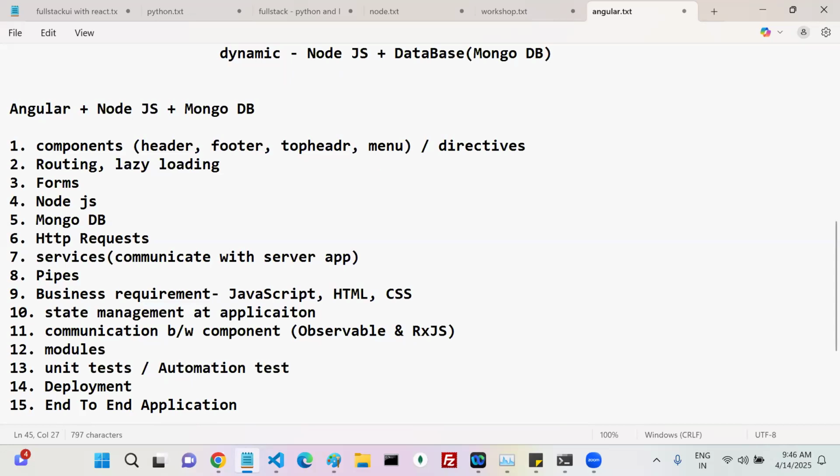That's it. This is our course. Understood? Any questions, anyone? If you know these concepts, you can develop any kind of application. That's it.